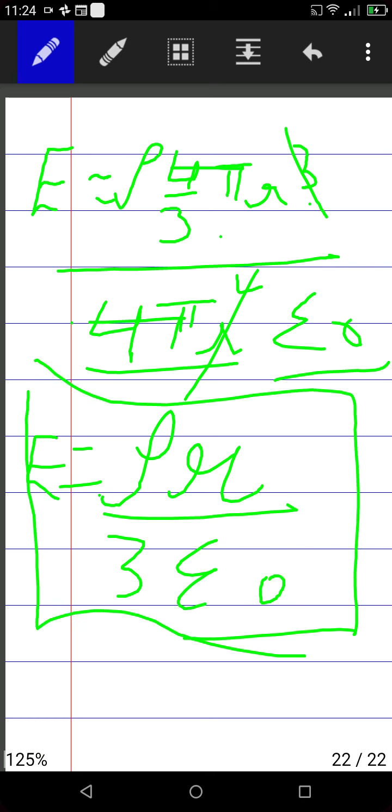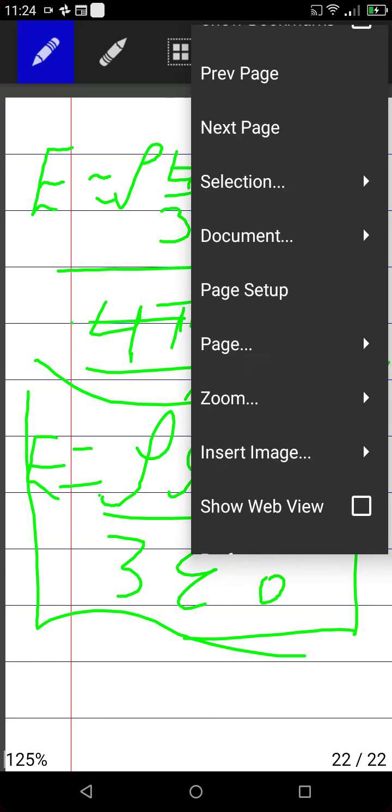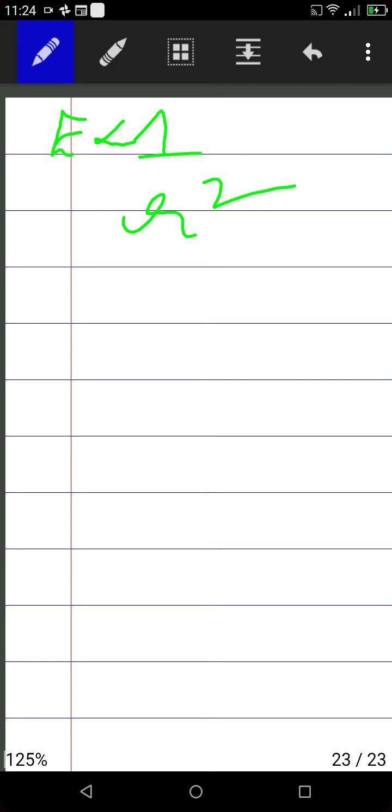So now we got the formula that E inside an insulating sphere is equal to volume charge density into r by 3 epsilon naught. Here, when we see the conducting sphere shell, E is always inversely proportional to r square. But in case of this insulating sphere, E is directly proportional to r. This is the difference between a conducting sphere and an insulating sphere.